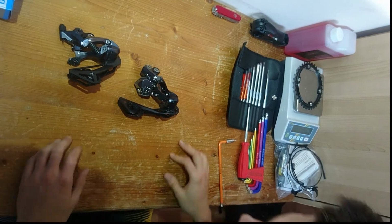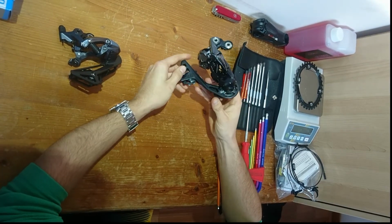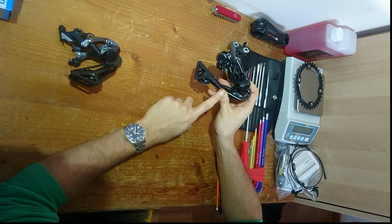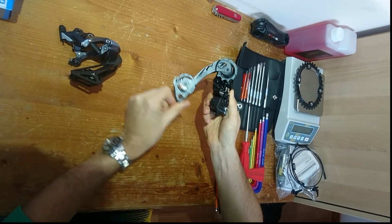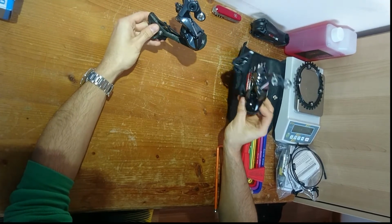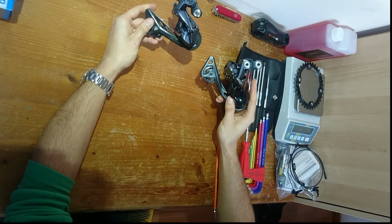Welcome to RG's Shed. This is my first video and I will be talking about how to convert a Dura Ace RD-9150 Di2 SS, which is the short cage version, to, as you can see here, a long cage version. So what I have done is I have had my Dura Ace mech, which I'm currently or will be using,